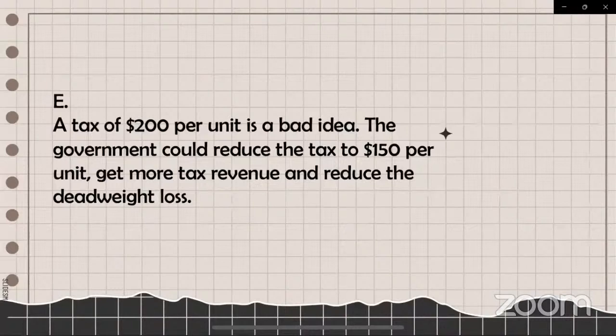The government could reduce the tax to $150 per unit to get more tax revenue: $15,000 when the tax is $150, versus $13,333 when the tax is $200,